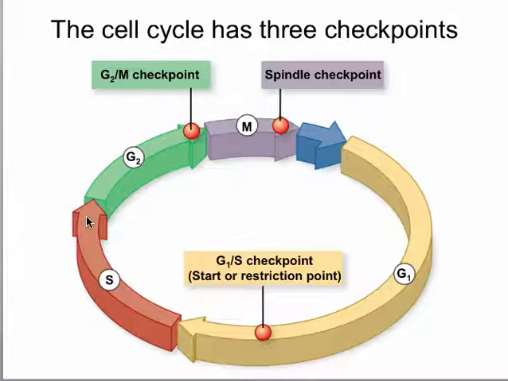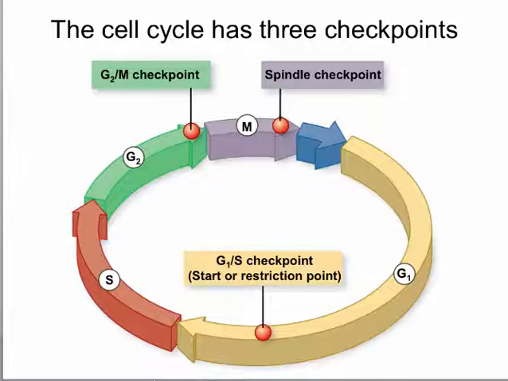After the DNA has been copied, in the next step the cell starts to grow to prepare for division, so that's the G2 phase. And then another checkpoint will happen before cellular division actually starts. At this point, the cell is checking that the DNA was properly replicated, that no mistakes were made, and it's also checking that it has enough energy and is of the right size so that it can divide into two. If all that is true, then the cell will go ahead into the next step and do cell division.